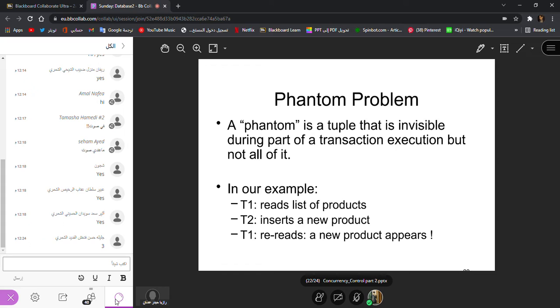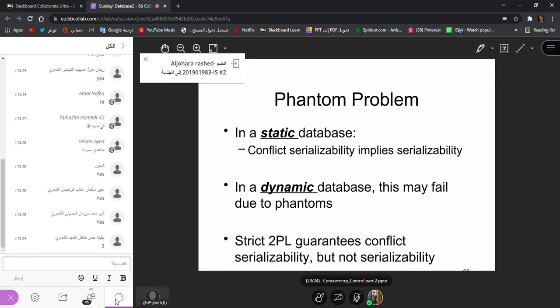which is invisible in part of the transaction, but it is visible in the other part of the transaction. So how can we avoid this kind of thing? In our example, T1 reads the list of the products, T2 inserts a new product, and when T1 rereads, a new product appears. This is the problem. So what they are saying next,